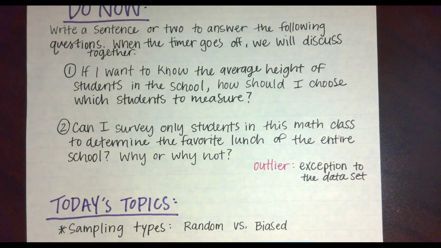So sometimes whenever we are collecting examples of things, we're collecting data, we're surveying, if there is something that is way off course from the rest of the data, we like to exclude it. We like to leave it out. And that's what we would call an outlier, just something that doesn't quite fit with that norm. So sometimes those outliers are going to change. Statistics is not black and white like most of math. It's a little bit gray. It's more of a discussion topic than it is a 1 + 2 is 3. There are going to be different answers and different ways to find those answers.